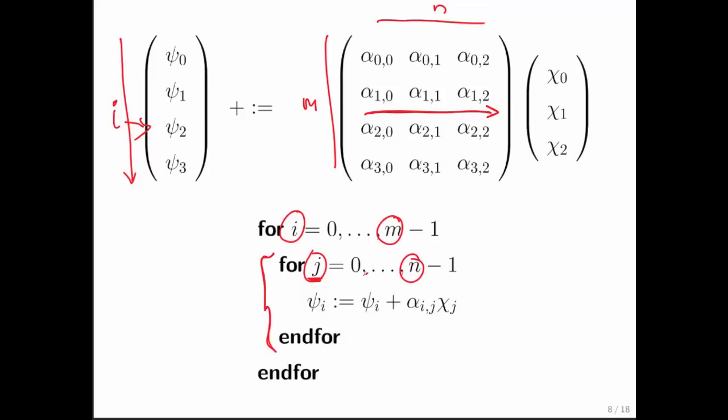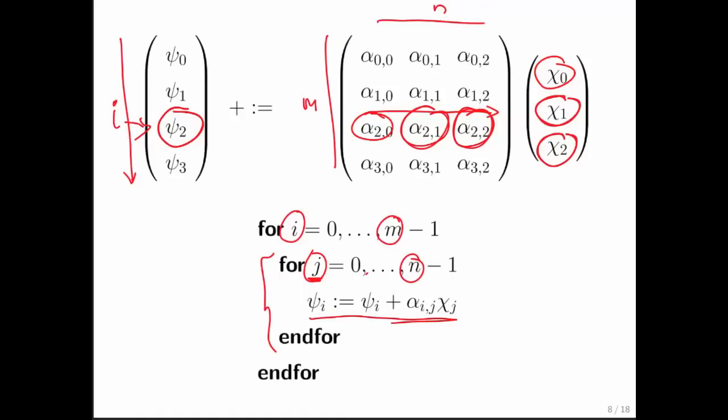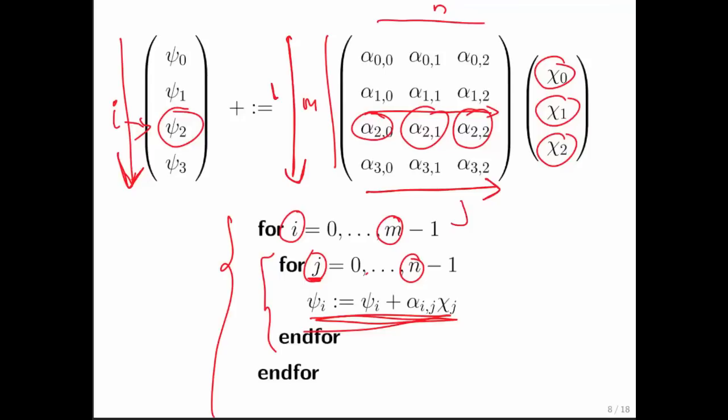And what it does is it takes this element times that, which happens when j is equal to 0, plus this times that, plus this times that, except that we're accumulating into psi sub 2. Okay, we're accumulating. We're adding to that vector. So this is known as a doubly nested loop, and the outer loop simply runs down the elements of y and therefore down the rows of A, and the second index j then goes across the columns of A and down the components of x.